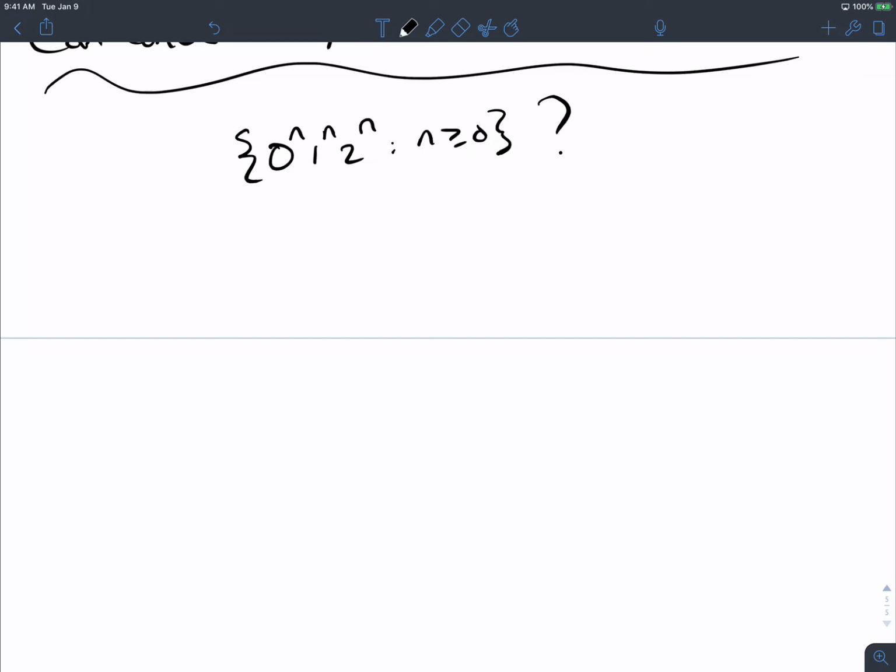Does Chomsky normal form make the grammar easier? Or more simple, I guess, in the structure? Yeah. Oh, wait. Well, only some grammars can be converted to CNF, right? So we can't do this in general. Or can they? Can any grammar be converted into CNF? Yes. In fact, they can.